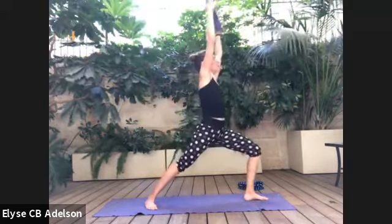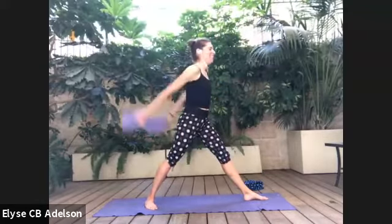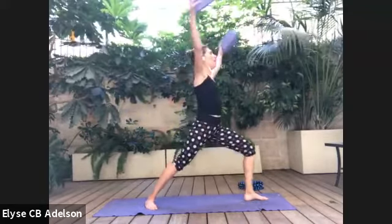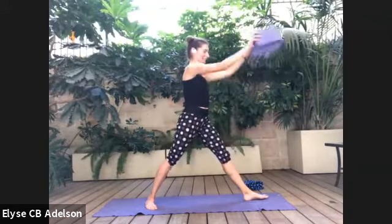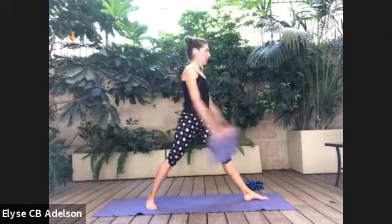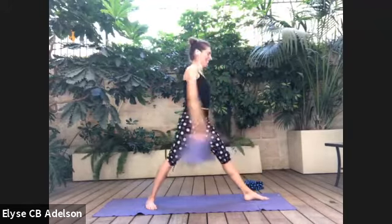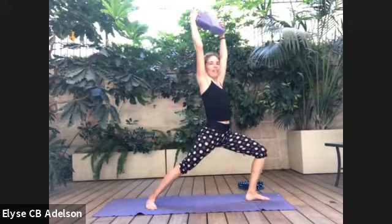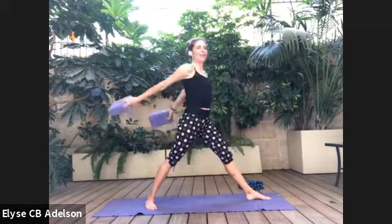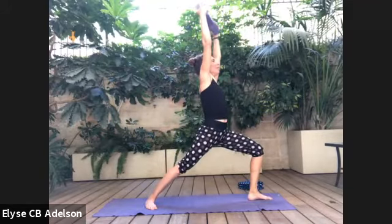Reach up, press, and let the arms swing. Good, reach up, press, let the arms swing. About 3 more like that. Lift up, press, and swing. Press as you bend through that front knee, and swing, and press for 3,